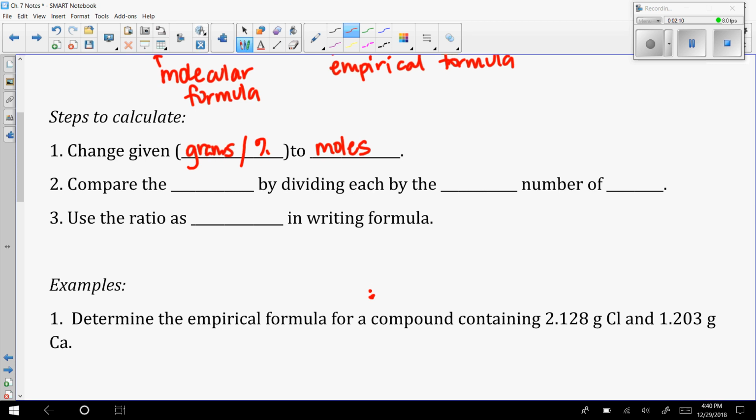Then you're going to compare the moles that you've calculated, and you're going to take each one and divide by the smallest number of moles. What that's going to do is give you a ratio to 1. Whatever your smallest amount will be 1, something else might be 2 or 3 times as big. Those ratios, that 1, that 2, that 3, are going to be your subscripts in your formula. So these ratios need to be whole number ratios